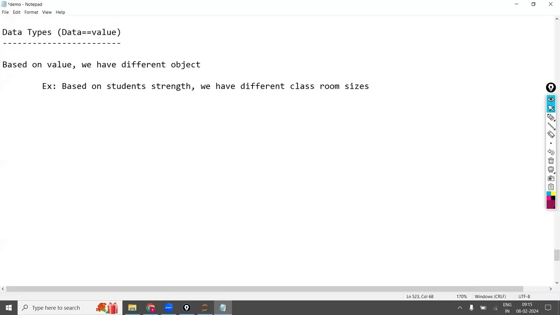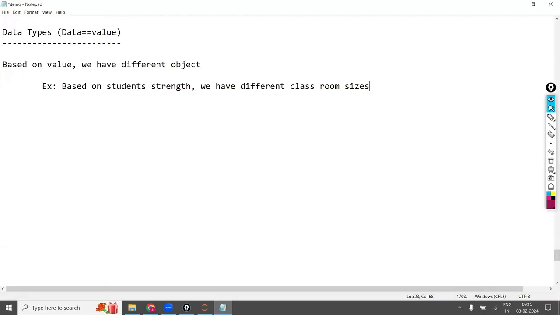For example, in this class, as of now, these many students are there, so you are sitting here. For example, if I have only 5 students or 10 students, why this much big classroom, unnecessarily? What is the problem, sir? If you give this much classroom for 5 students, what is the problem?